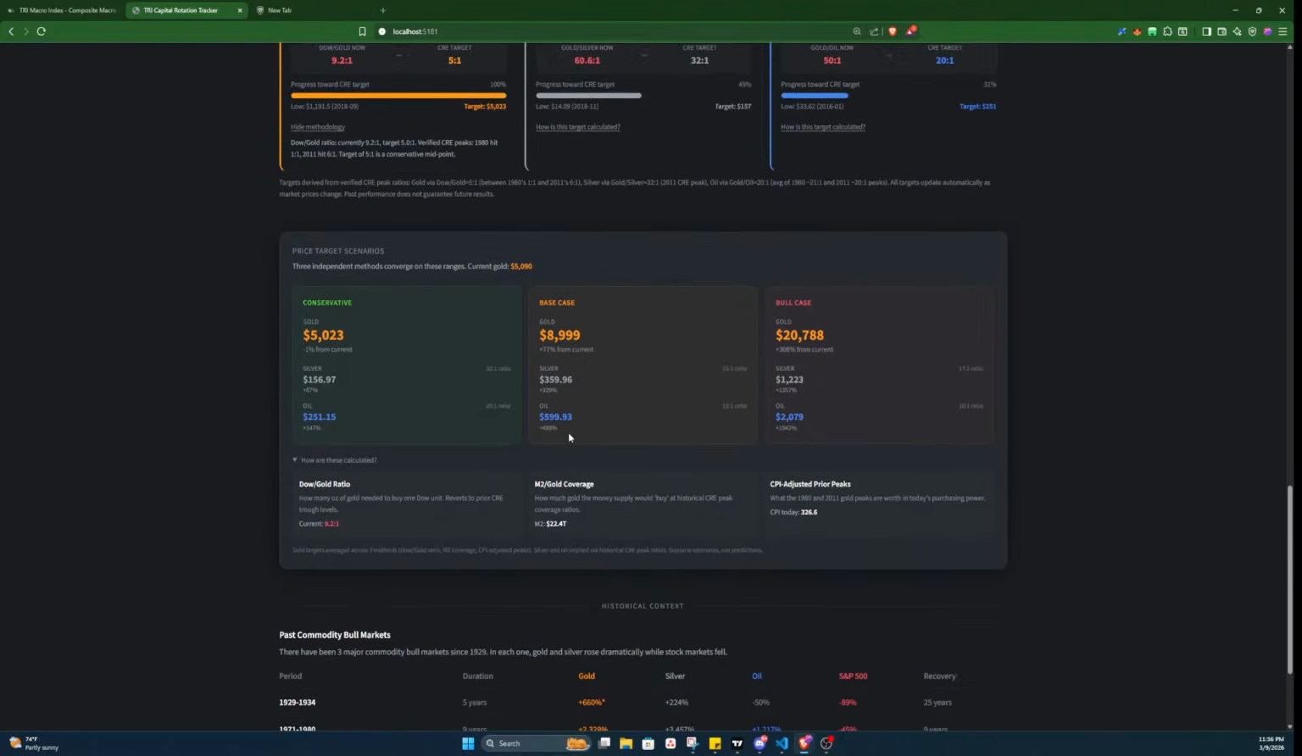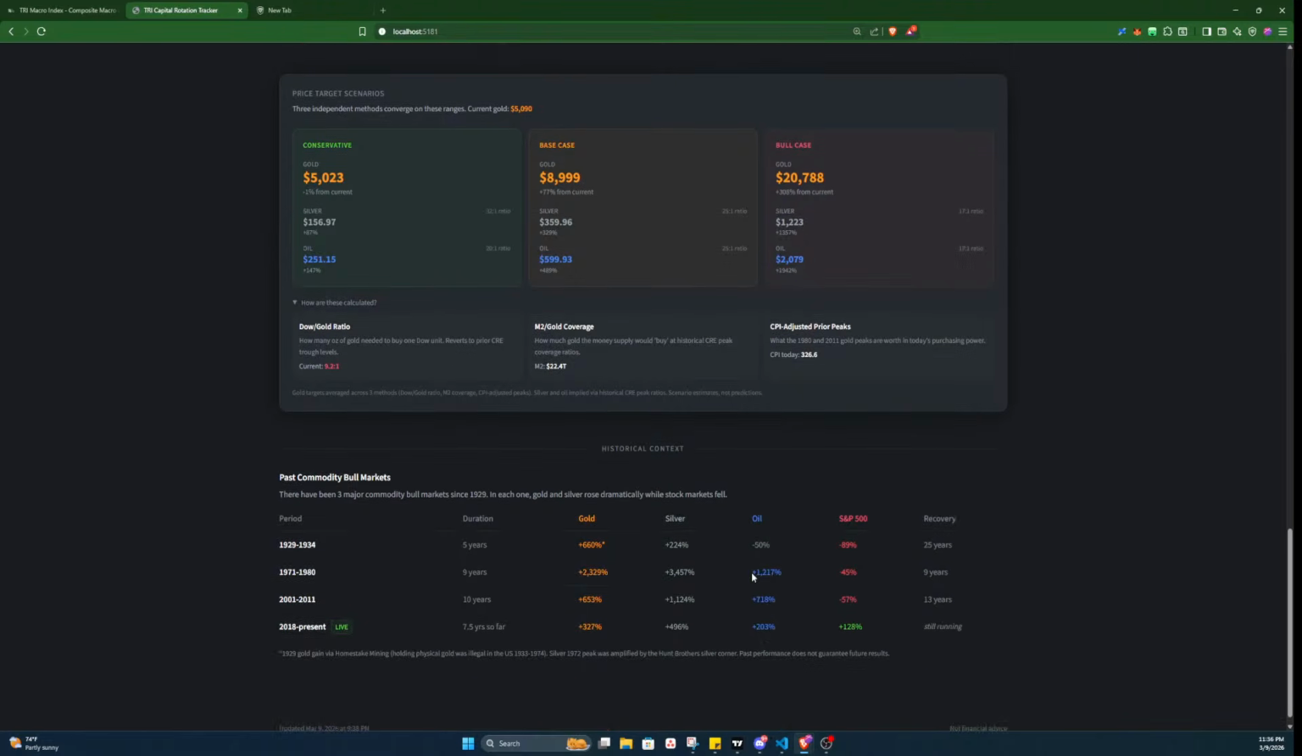So you can see here, oil. In 1971 to 1980, oil went up 1,200%, and then from 2001 to 2011, it went up 700%. Right now we're only at 200%, which means we have quite a bit more to go. Same with silver, but you can see with gold,